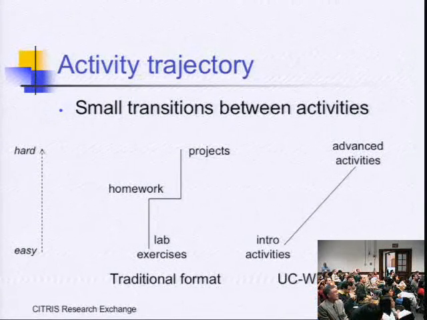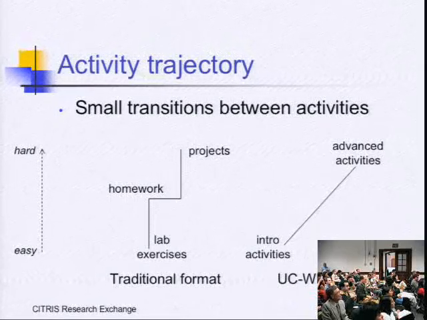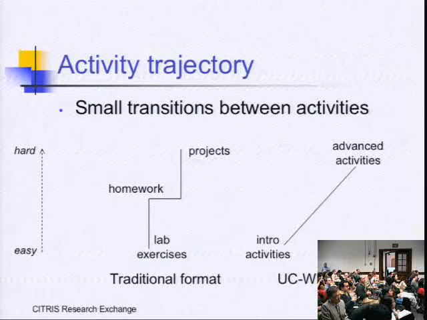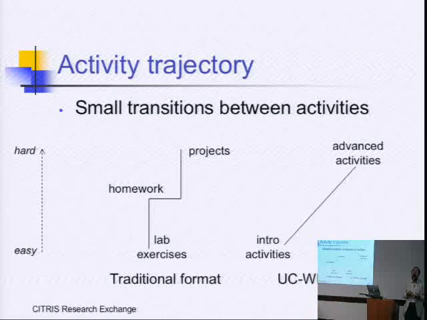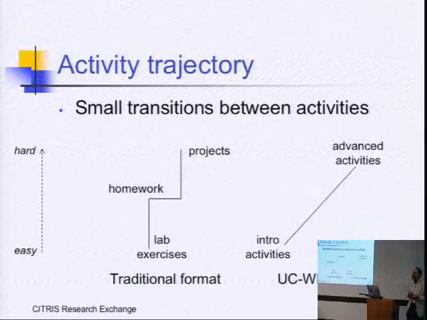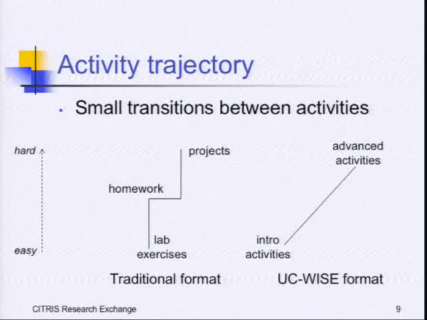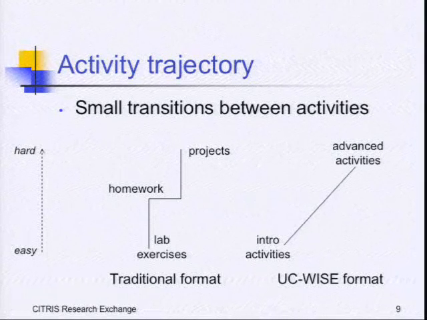Another property of this collection of activities that students go through is that the gradient from easy stuff to hard stuff is much gentler. So one characteristic of our traditional format courses is that students do work on easy things in lab, and then they have homework assignments. And typically it's a big jump up from the low-level techniques they get practice with in lab to the homework. And then some of these courses have projects as well, and that's a big step up also